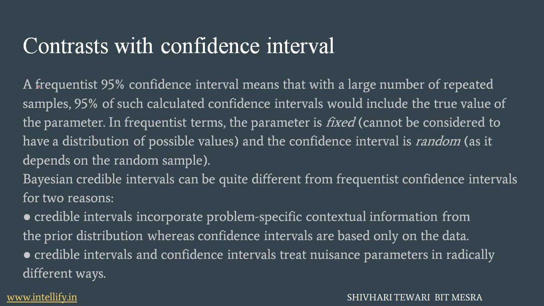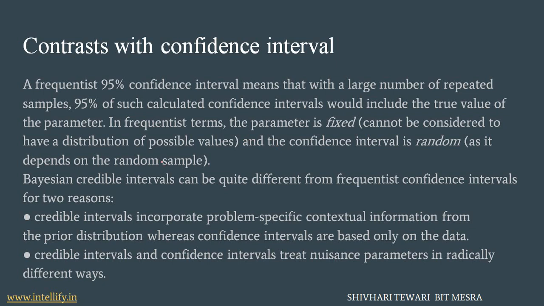Now, what is the contrast with confidence interval? A frequentist 95% confidence interval means that with a large number of repeated samples, 95% of such calculated intervals would include the true value of the parameter. In frequentist terms, the parameter is fixed